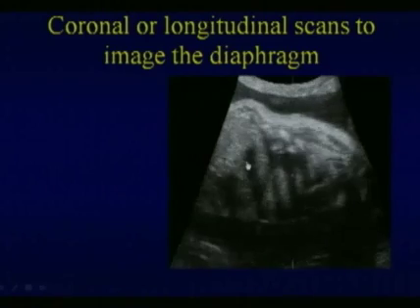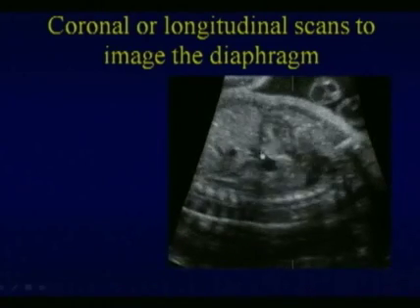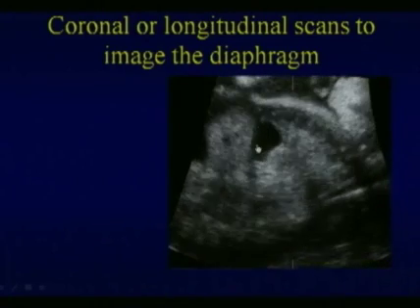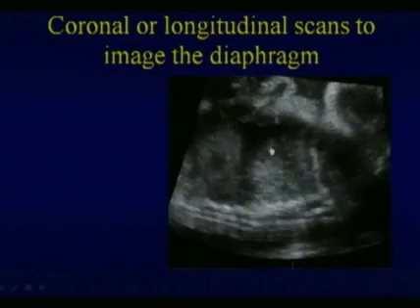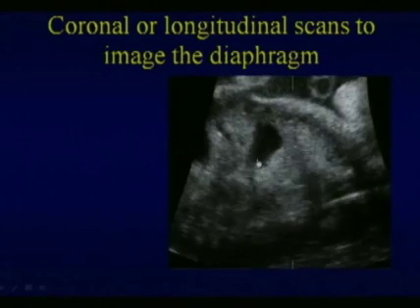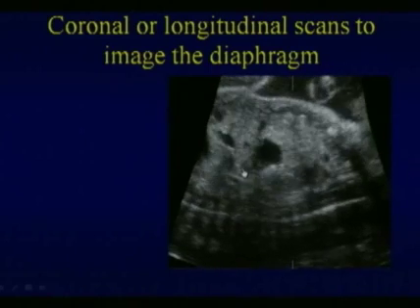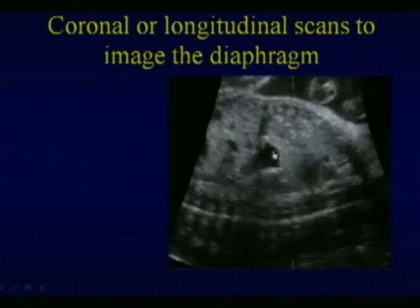Let me go back to this axial view. See the normal diaphragm here, but here we're going to lose it. Here's a fluid-filled stomach, and we'll notice that it goes right through a defect right here, through the diaphragmatic defect,